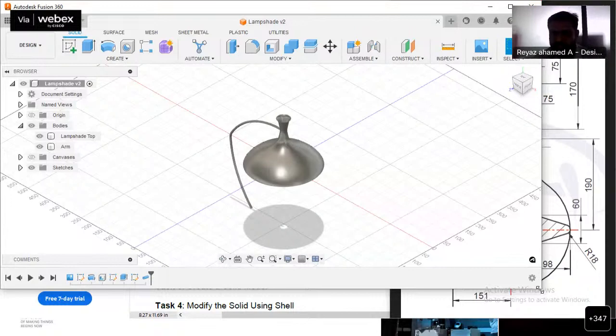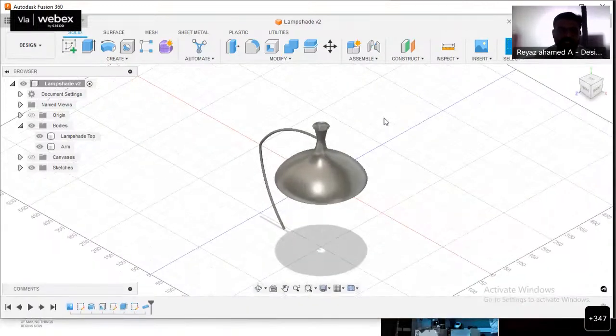So let us just use Alt Tab to switch over from Fusion 360 to our image.